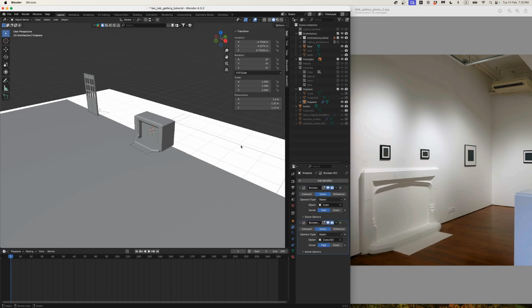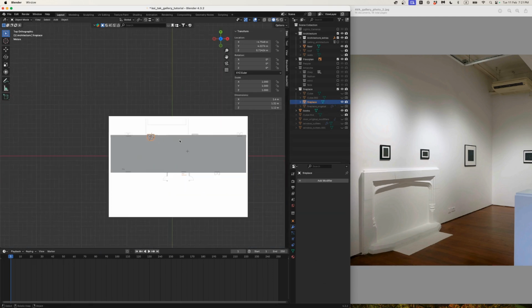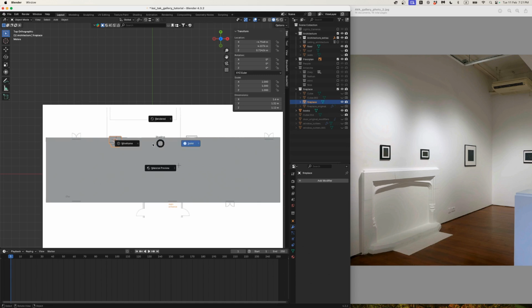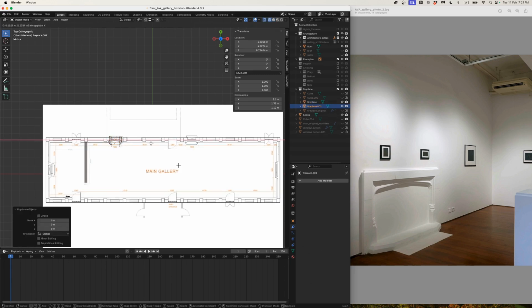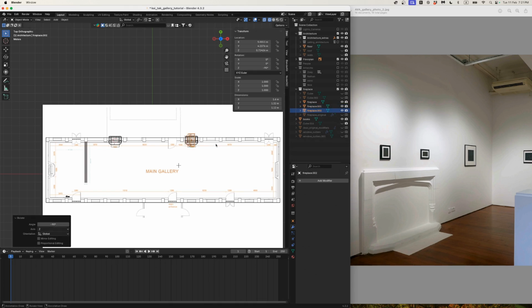Well, actually, let me undo that. I'll just call this one Fireplace Original, if I can spell original. And I'm just going to duplicate it, and I'll just call this one Fireplace. I'm just going to keep the original one in case we want to go back and make it a bit better. But with this one, I'm going to apply the modifiers, and then I'm just going to duplicate it across my model. Go into wireframe mode, Shift D, GX, Shift D, RZ minus 90, which should make it the correct